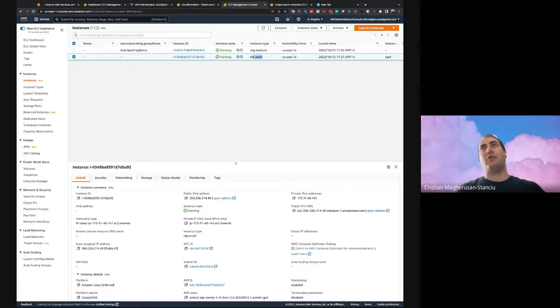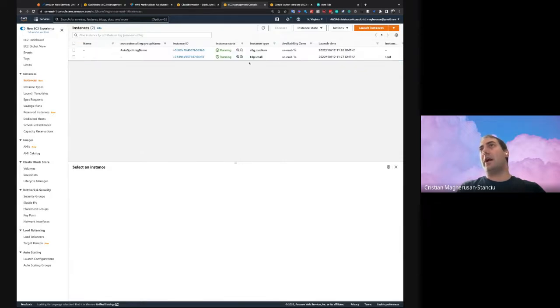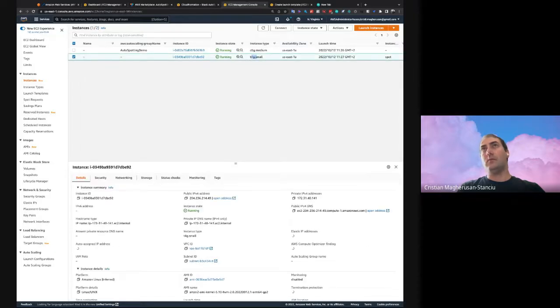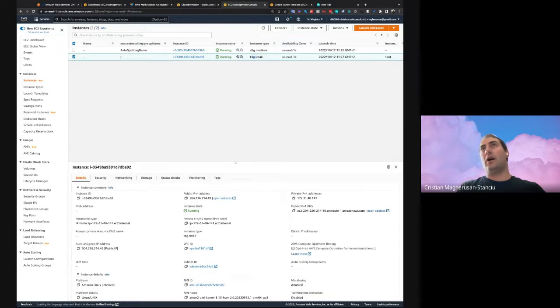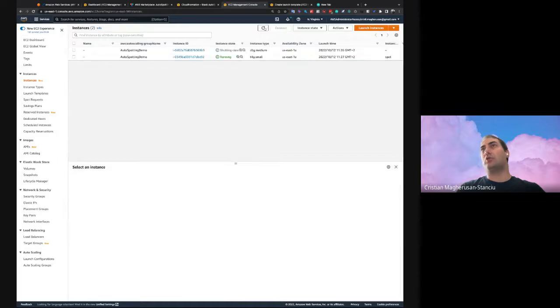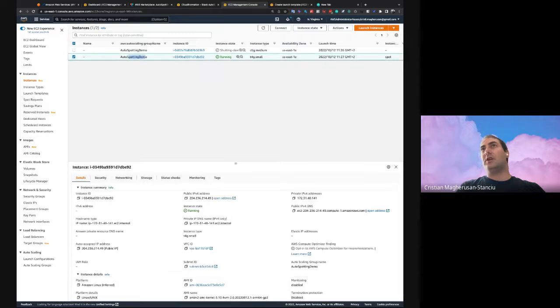But for the sake of the replacement, you could also disable these types. The way it works is you get this instance launched. Within a minute or so, it will be attached to the group. This tag will show the same figure once it's attached to the group, and now it's there. As soon as it's attached, the initial instance is terminated.